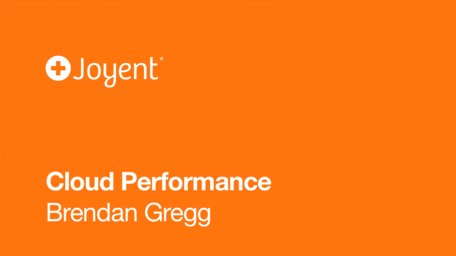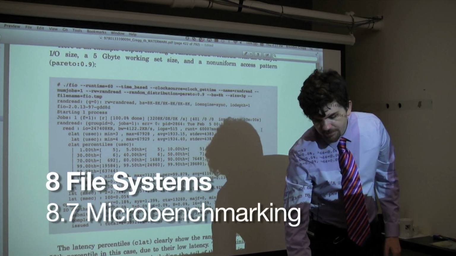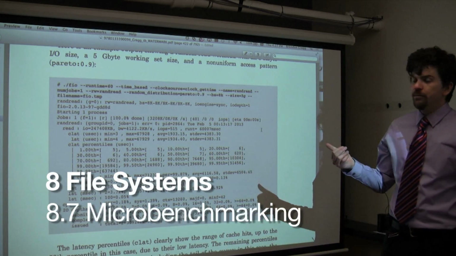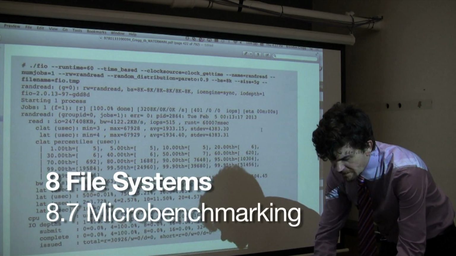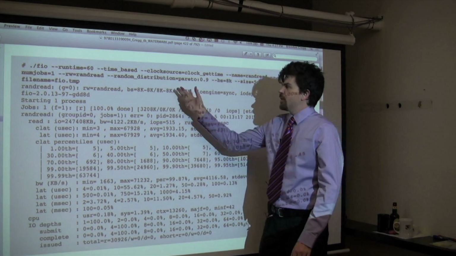Microbenchmark tools. I don't mind Sysbench. This example here is FIO, the file system I/O tester. I don't mind this either. What I really like about FIO is that you can change the